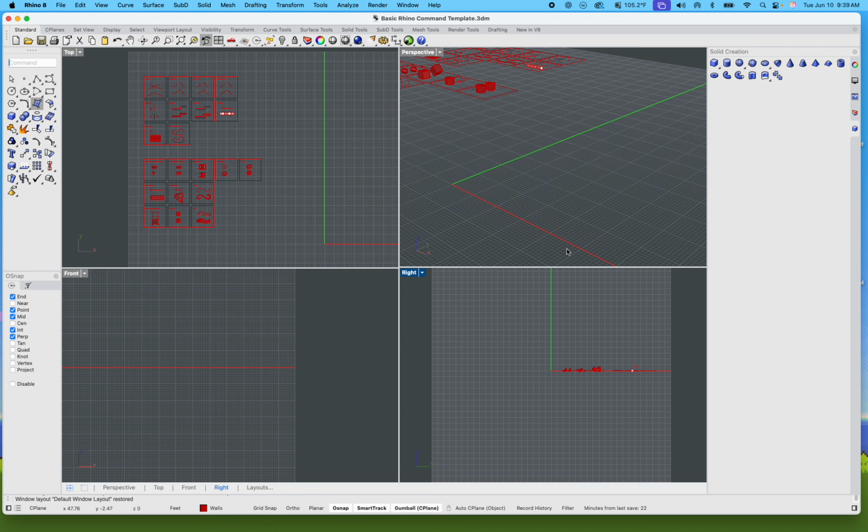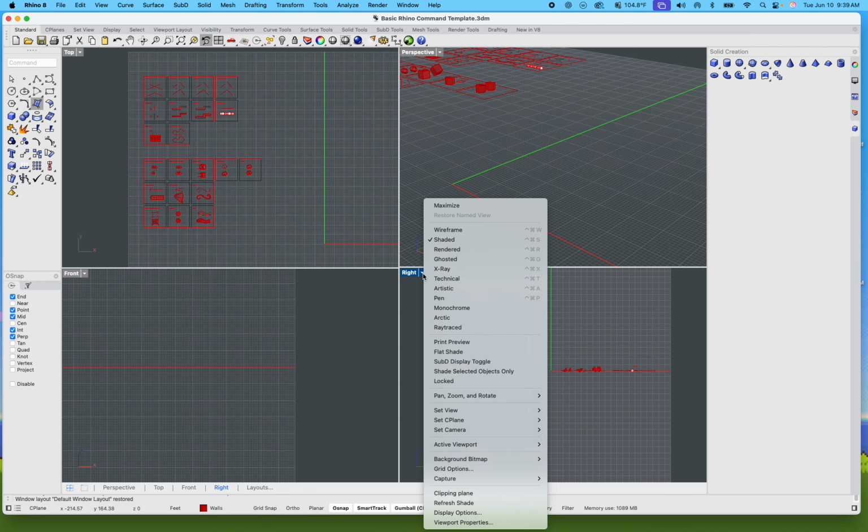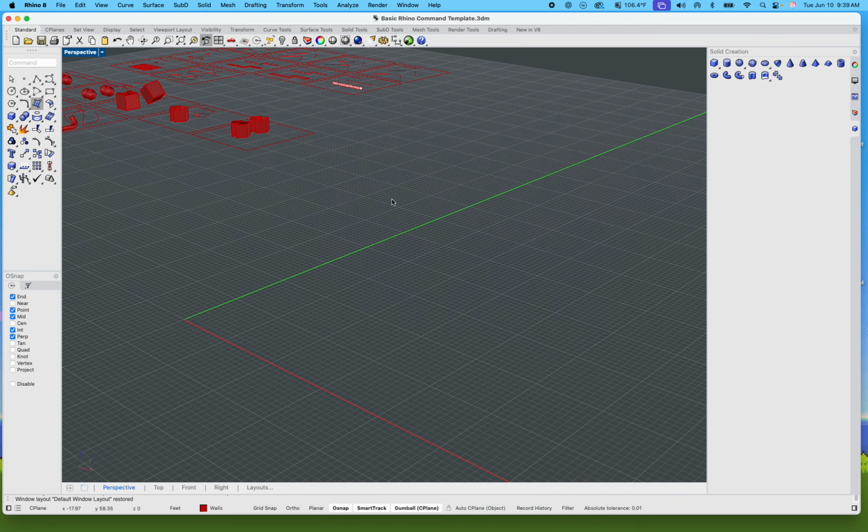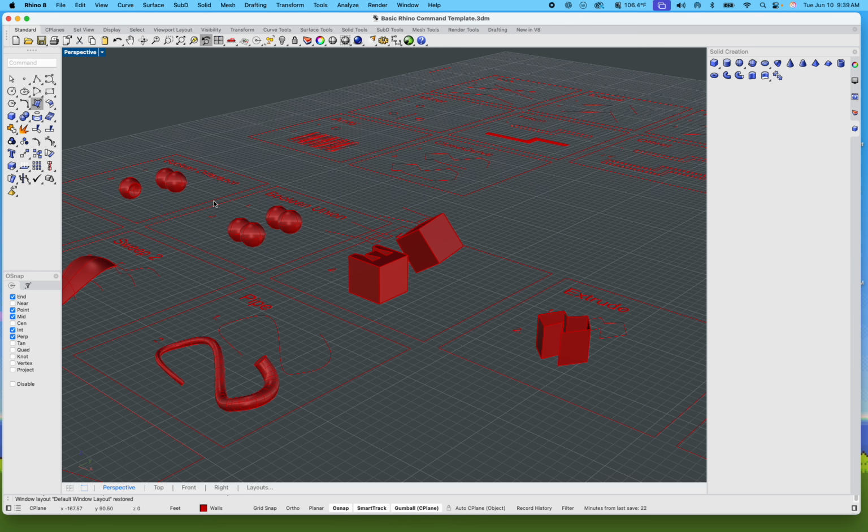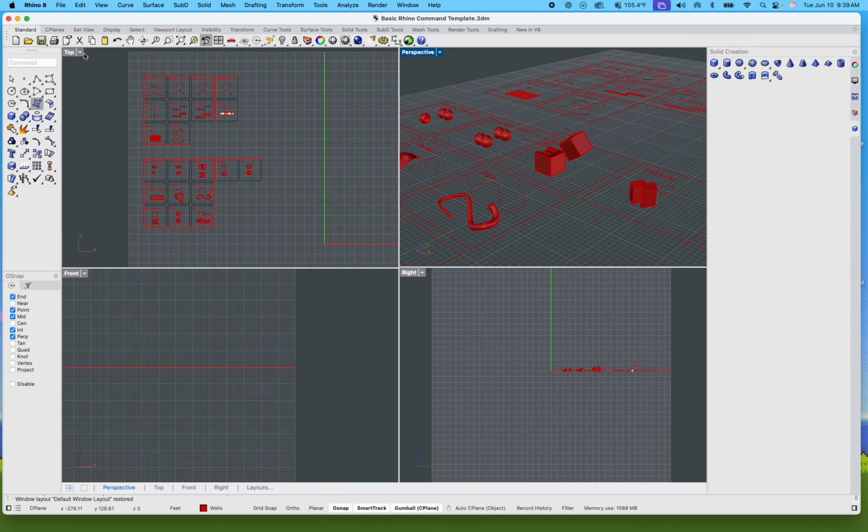However, just to keep continuing, those are changeable as well. You'll notice that there's a little down arrow, and we can even change the way that things are viewed. So for instance, if I double click on my viewport, it immediately makes it bigger. If I double click again, it'll go back to those 4 views. Now, I would say get used to this kind of 4-view way. However, keep in mind we don't always use elevation, so very often, the